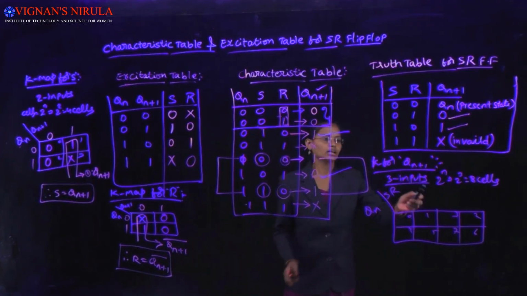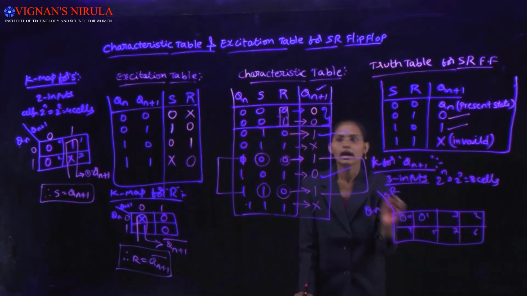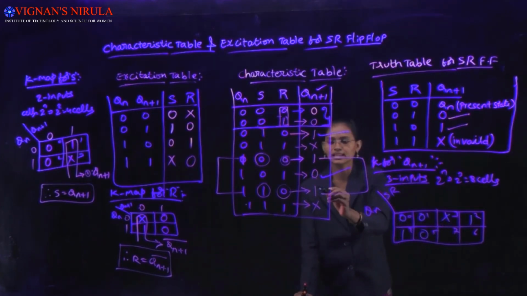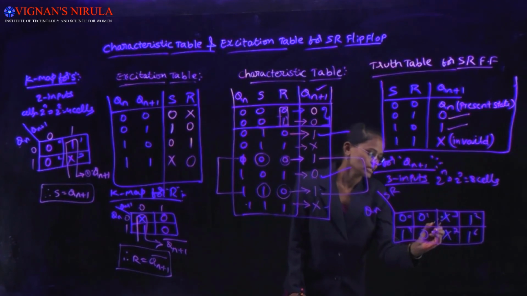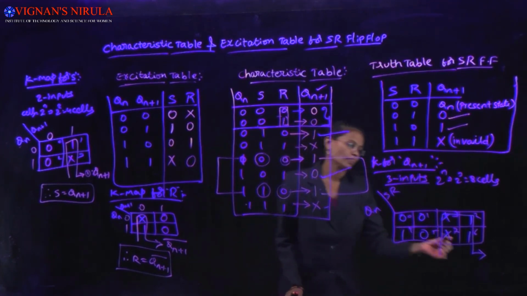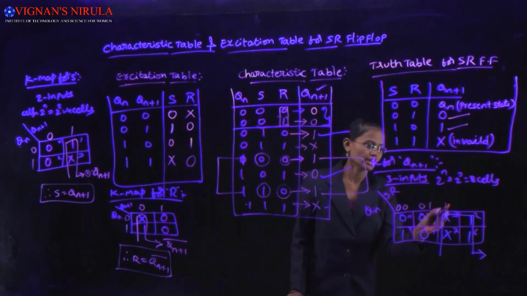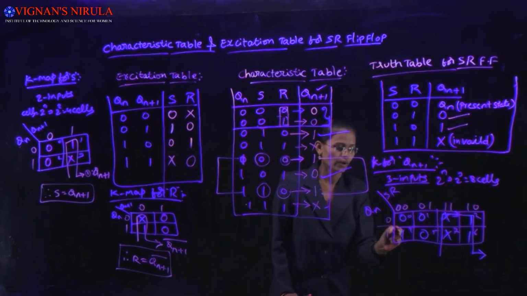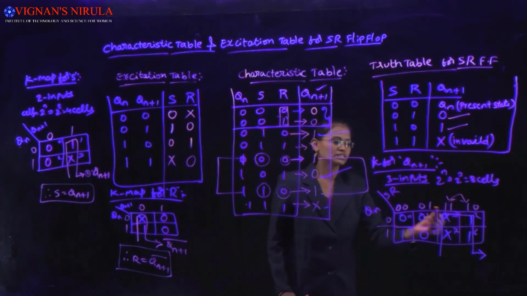Okay, here the Qn plus 1, 0 cell is 0 and 1 cell is 0 and 2 cell is 1, 3rd cell is X, 4th cell is 1, 5th cell is 0, 6th cell is 1, 7th cell is X. Here the grouping involves don't cares also: 2, 3 and 7, 6. Here this is 0 0, 0 1, 1 1, 1 0. In this group the common variable is 1 1, that is S.